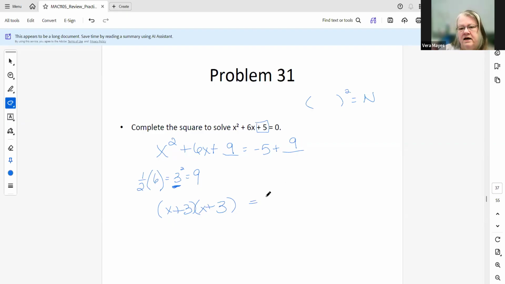Let's simplify this side. Looks like we get a 4. You can see that this is the exact same factor. So to condense this, we can do this and put it to the second power. So this is usually part A. When they ask you to do it by completing the square, they're going to set it up even and have you just fill in this part and this part. Now to actually solve it,